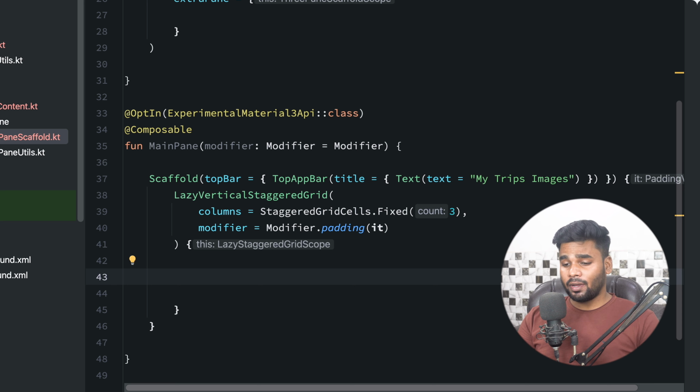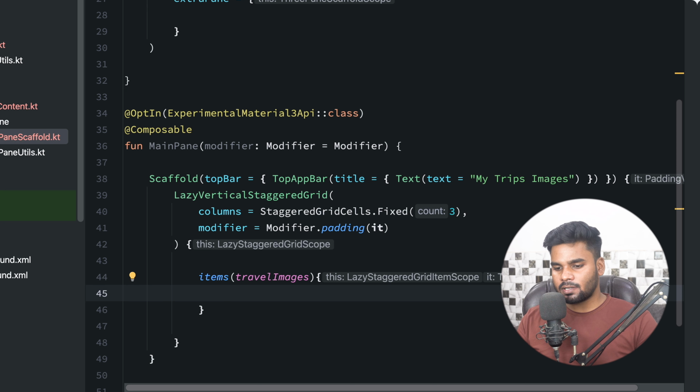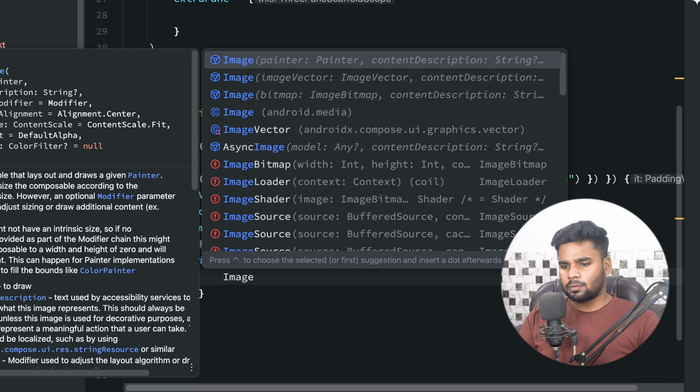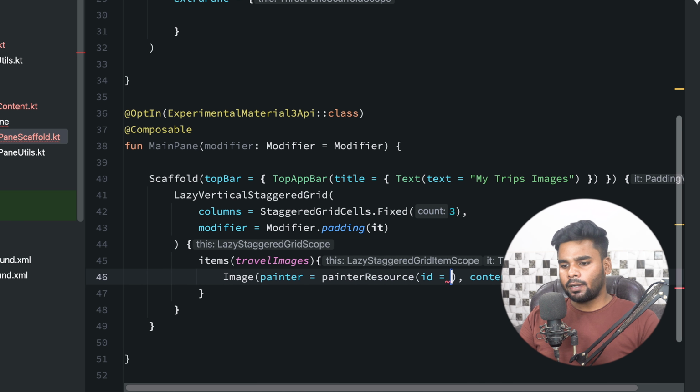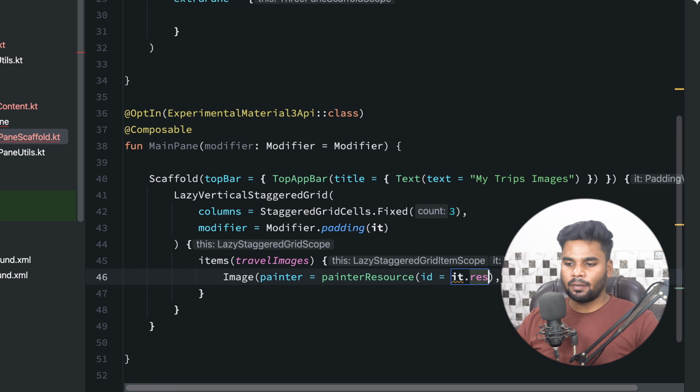So it's very easy. What I'm going to do here, first I'm gonna use the items and pass my items. So it is coming from travel images, which I have already shown you. And within this we are gonna create our items. So for items I'm gonna use a simple image painter resource, pass my it dot resource. So it basically represents the images which are present in my drawable, image 1, image 2, image 3, image 4,